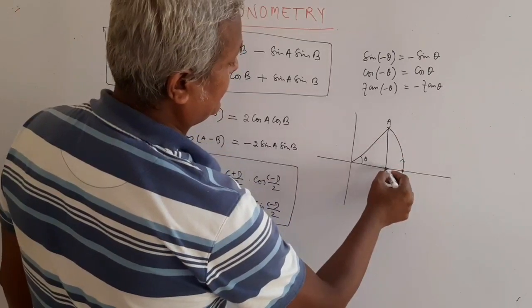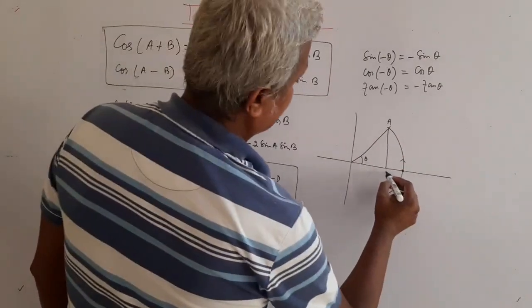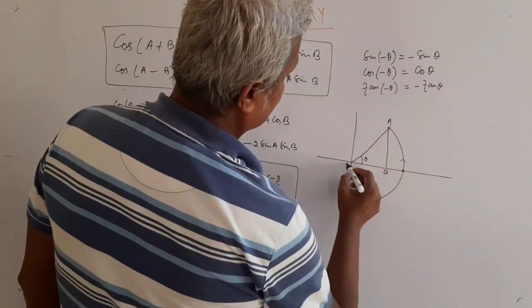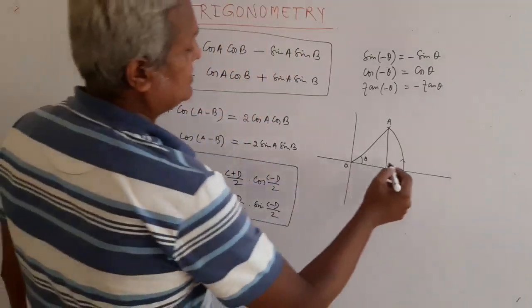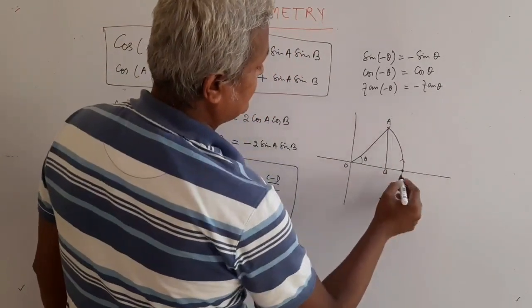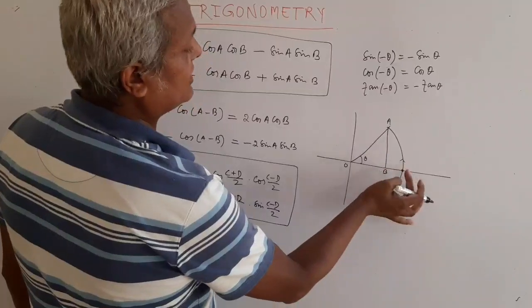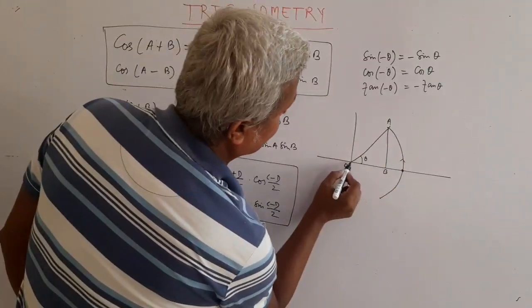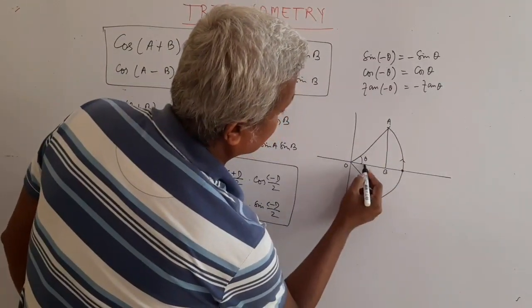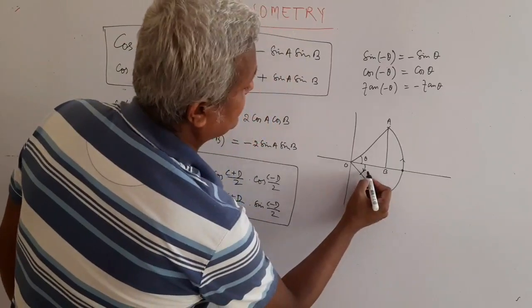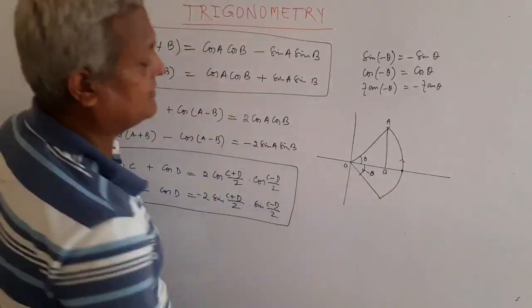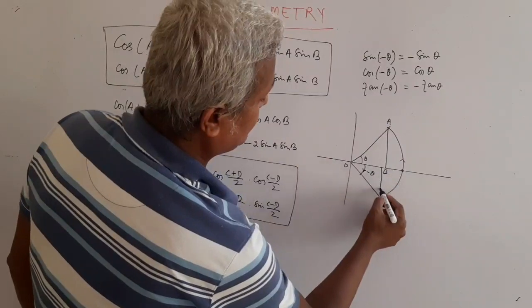Now I drop a perpendicular here. This is my AB perpendicular and this is my O. If instead of going upward, you had come here, this angle clockwise will become minus theta. Now if you drop a perpendicular here,